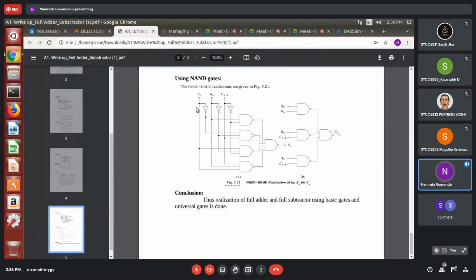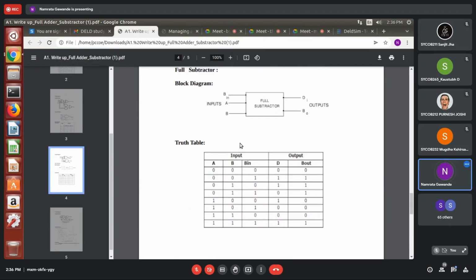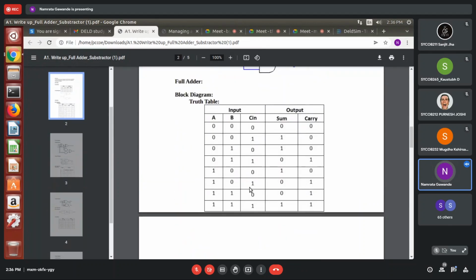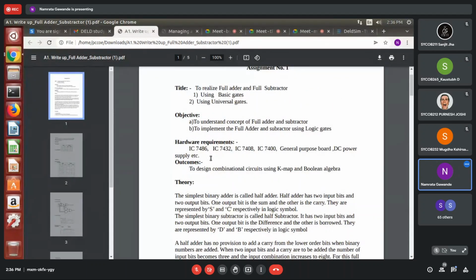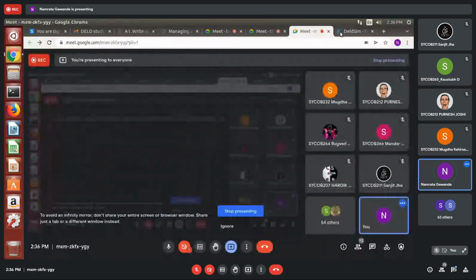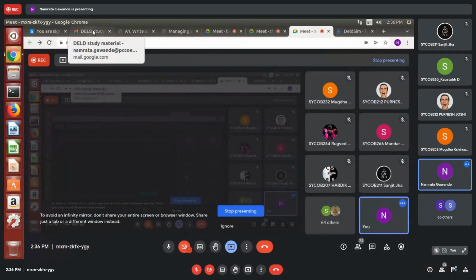Okay, here you can see that. But see here, NAND and NOT gates are used. While implementing with NAND and NOT gate is not required, because NOT is a basic gate, right? This is not a universal gate. So it is expected to use all NAND gates over here. Okay, so that is what I have just shown you. Fine. This I will change because this is last time's manual. Okay, this I will change and then I will send you. Fine. Yes, students. Is there any doubt now in the assignment part?